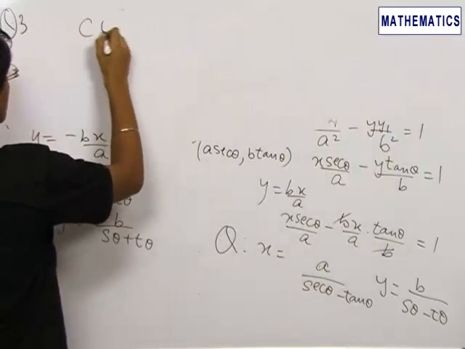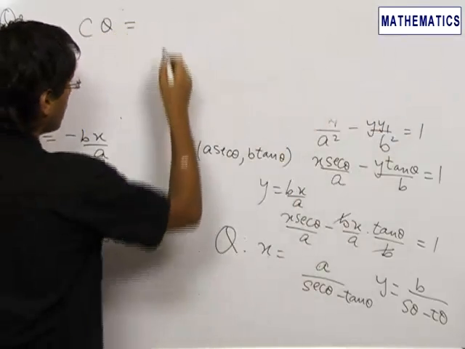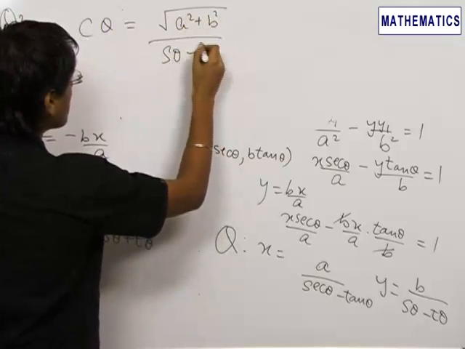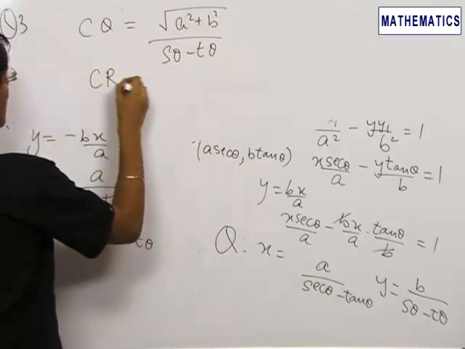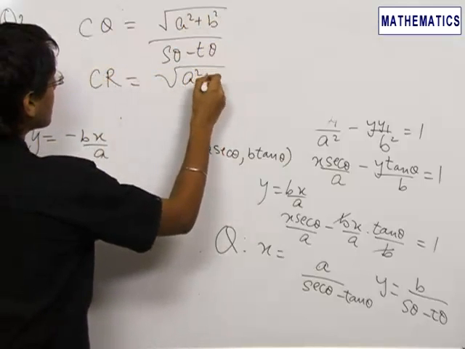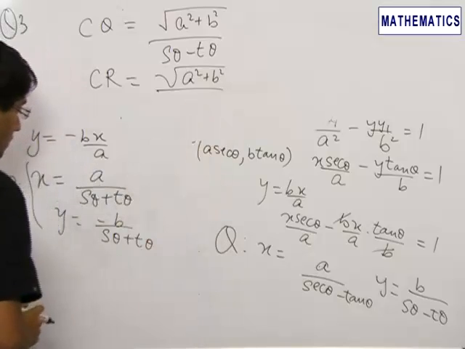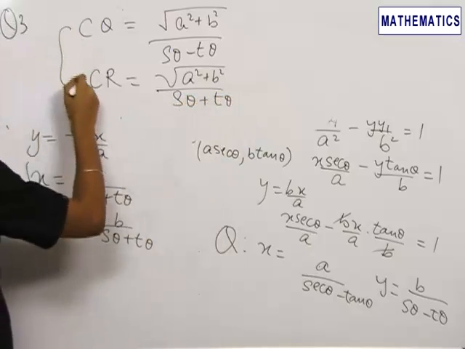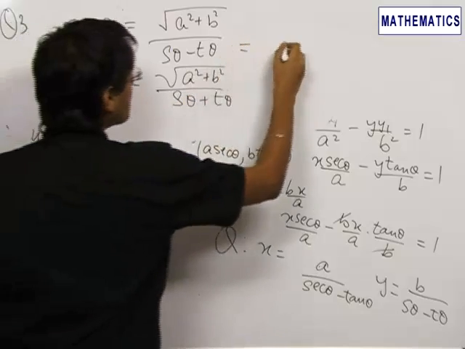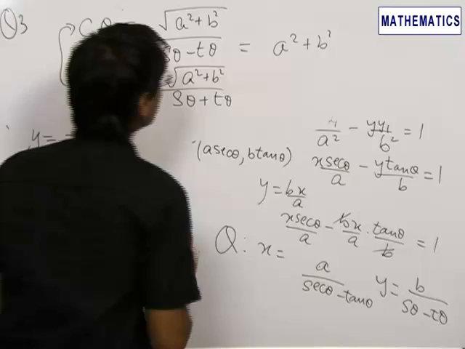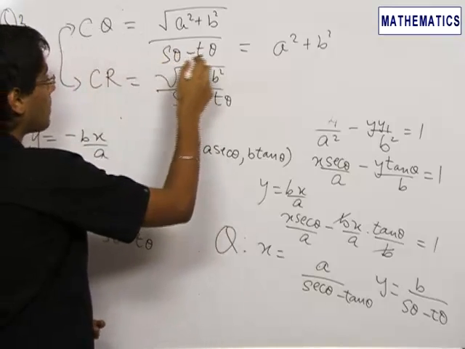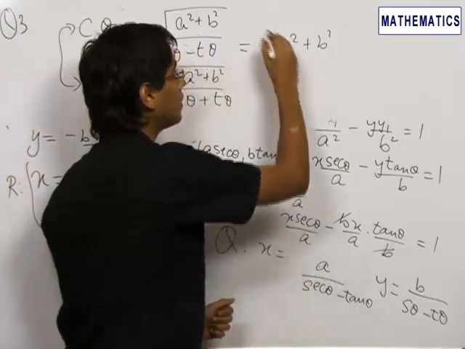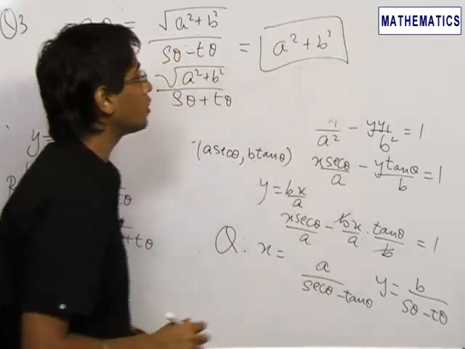So the value of CQ becomes under root of a square plus b square upon sec theta minus tan theta, and the value of CR becomes under root of a square plus b square upon sec theta plus tan theta. When CQ is multiplied by CR, in the numerator we get a square plus b square, and in the denominator we get sec theta minus tan theta into sec theta plus tan theta, which is sec square theta minus tan square theta, that is 1, and hence the value of CQ into CR comes out to be equal to